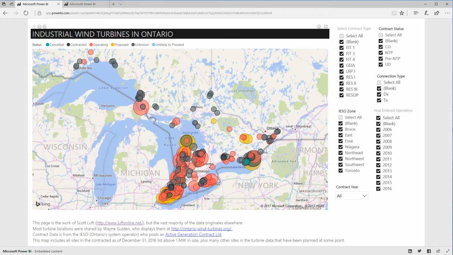This is Scott, and I'd like to show you some of the interactivity of some web pages I've developed using Power BI from Microsoft. To learn this, I wanted to use some data I had some familiarity with, and for a long time we wanted to map each wind turbine, which had been done by Wayne, most of them, at Ontario Wind Turbines,